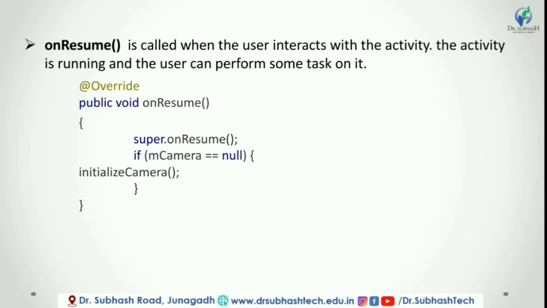After activity returns from pause state to resume state, the system again will call onResume method. Due to this, we need to implement onResume method to initialize the components that we released during onPause method. Following is the example of defining onResume method in Android activity. If any interruption happens in resume state, the activity will enter into pause state and the system will invoke onPause